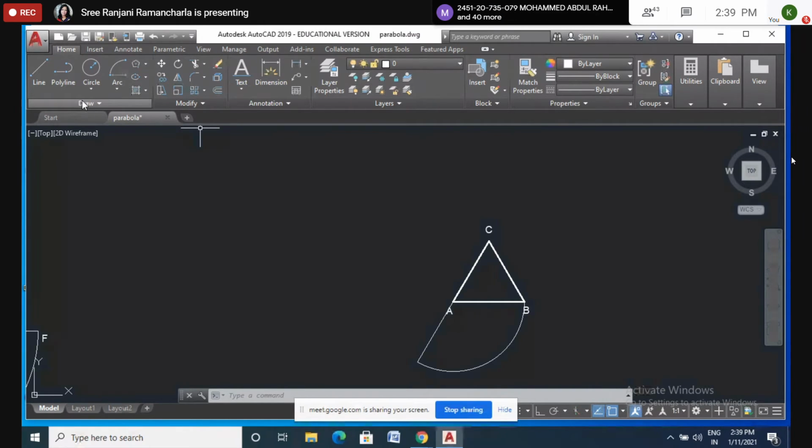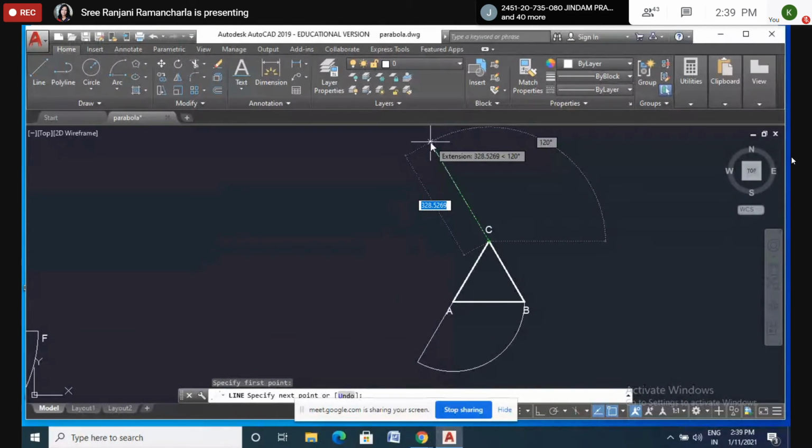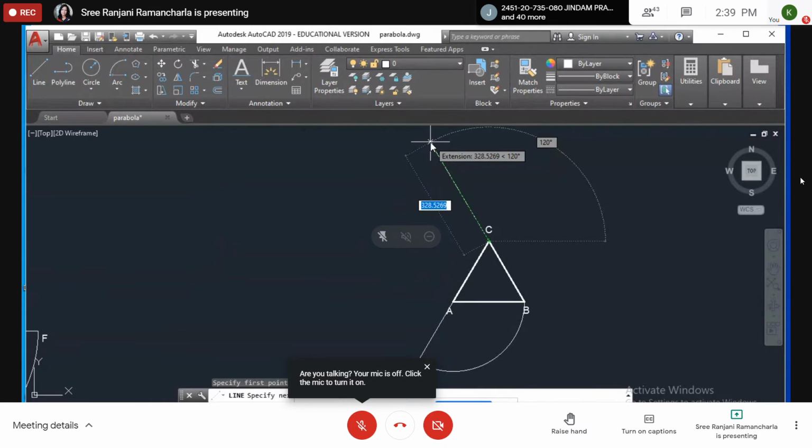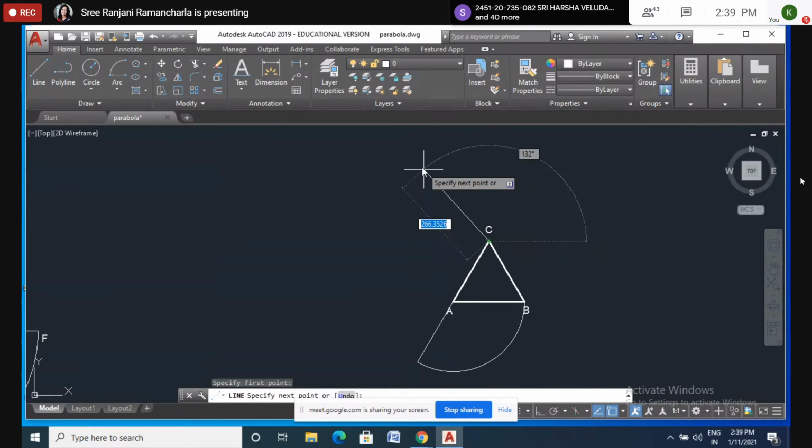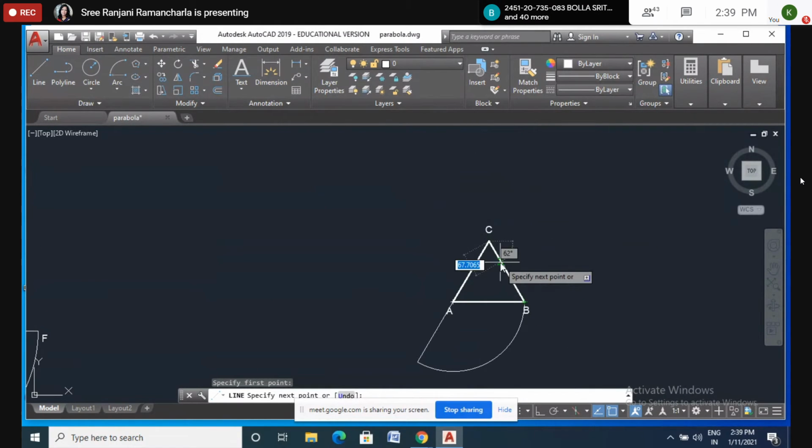So I will draw here 4 centimeters. I'll start from here. How much will the angle become? It will take 120. The degrees will be counted from the horizontal, and we want in this direction. Compared to this horizontal, it is 120. The equilateral triangle angle is 60, so if this is 60, then with the horizontal it will be 120.